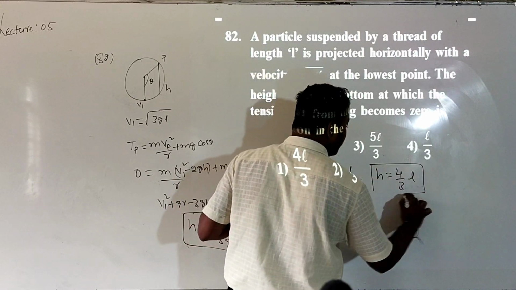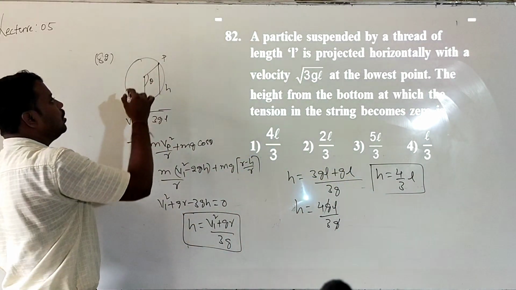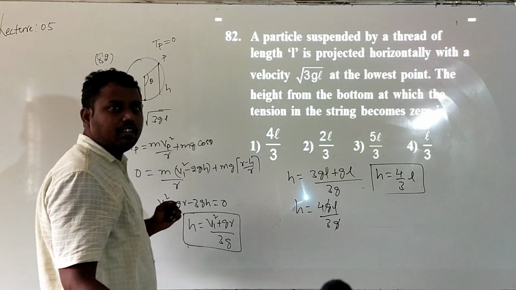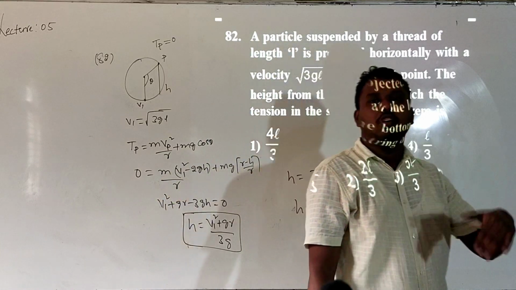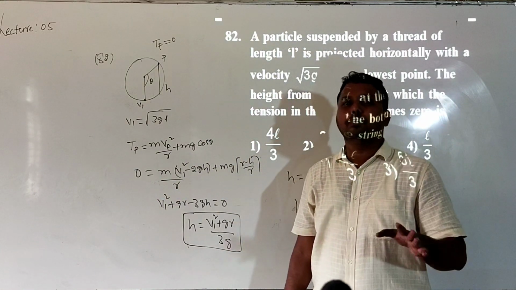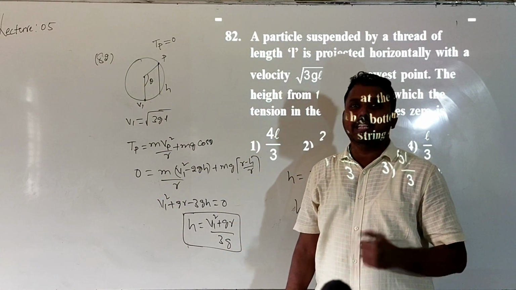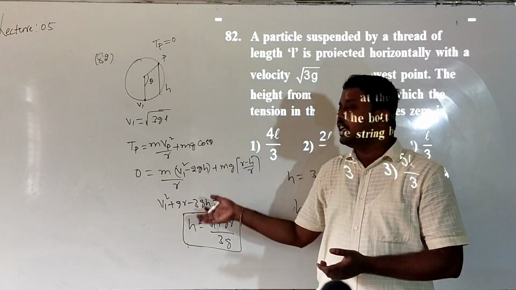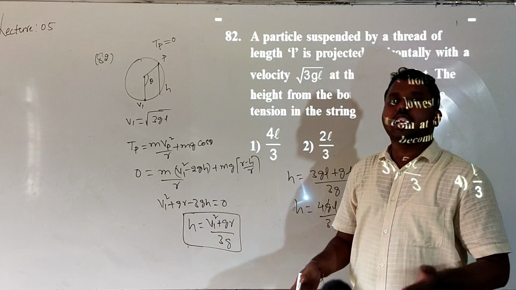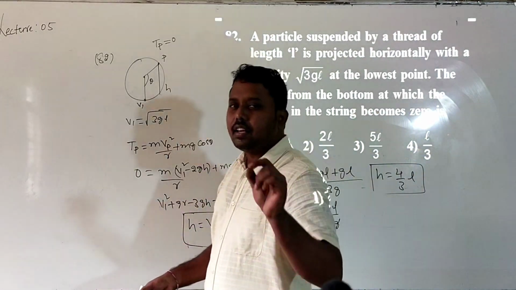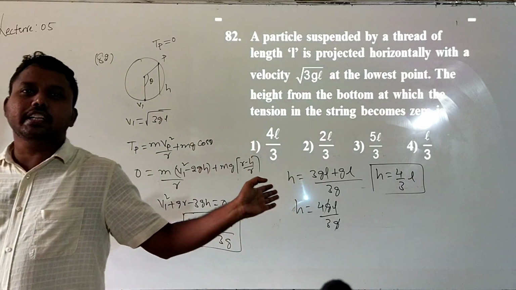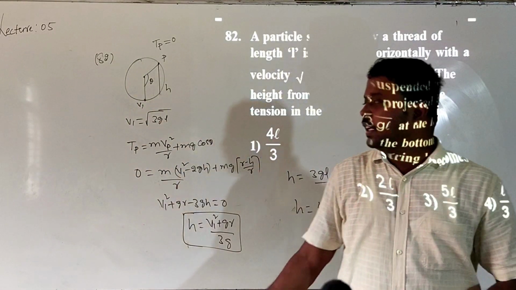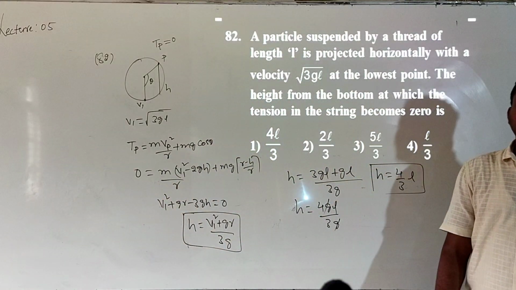What is the h value? It is the height from which the body will fall down. Remember, if the tension becomes 0 first, then the body will fall down without executing the circular loop. If the velocity becomes 0 first, then it will oscillate. So these two conditions are there. Yesterday, related to this formula, we also calculated the maximum angular displacement theta, using cos theta equals 1 minus h divided by r. So this is question number 82.